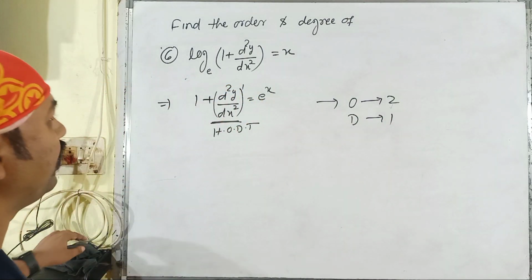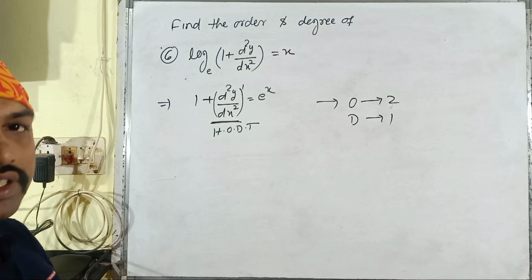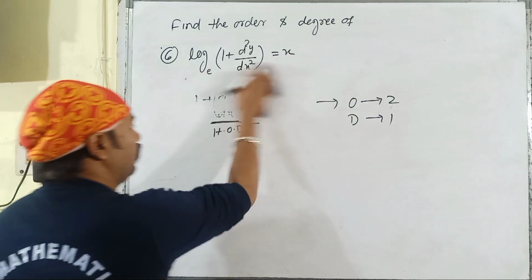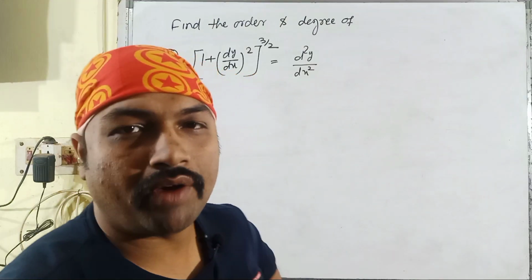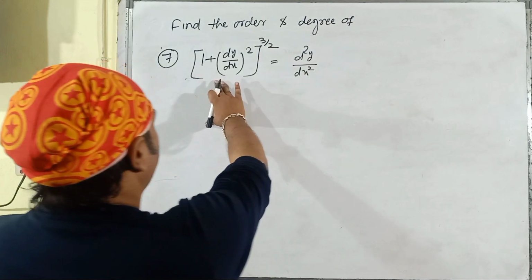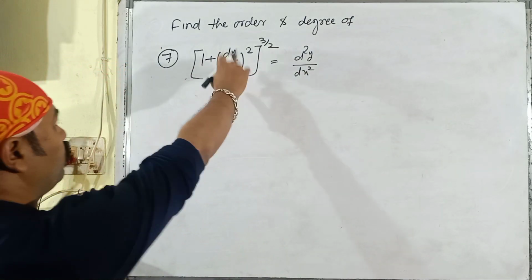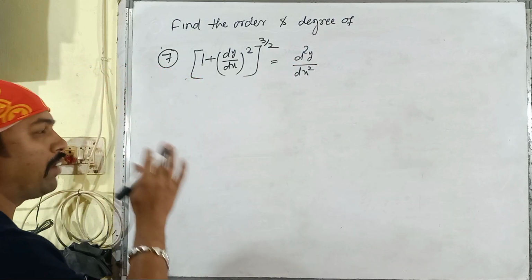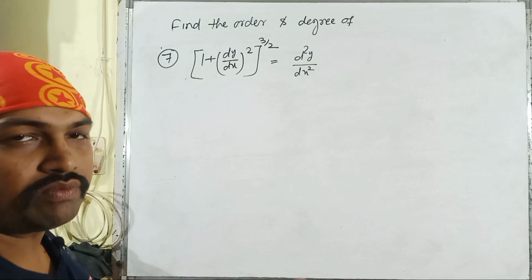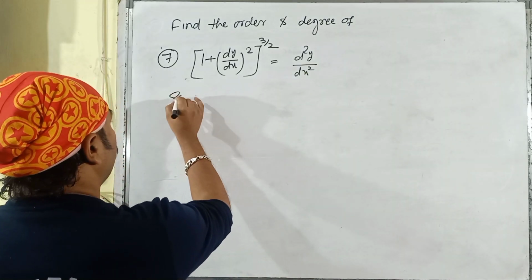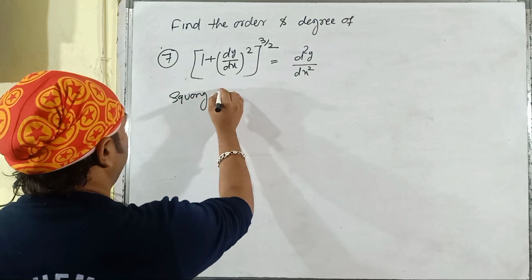Then coming to the last problem of this concept, that means order and degree of the differential equation. So here it is the last problem of this video session. It has been given that 1 plus dy upon dx, and this whole square, whole to the power 3/2, is equal to d square y upon dx square. First of all, we have to express it in such a form that it must be free from radicals and fractions. Squaring both sides,